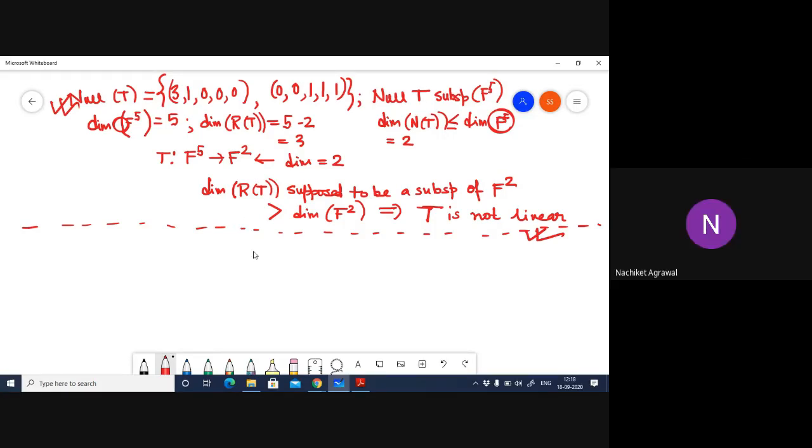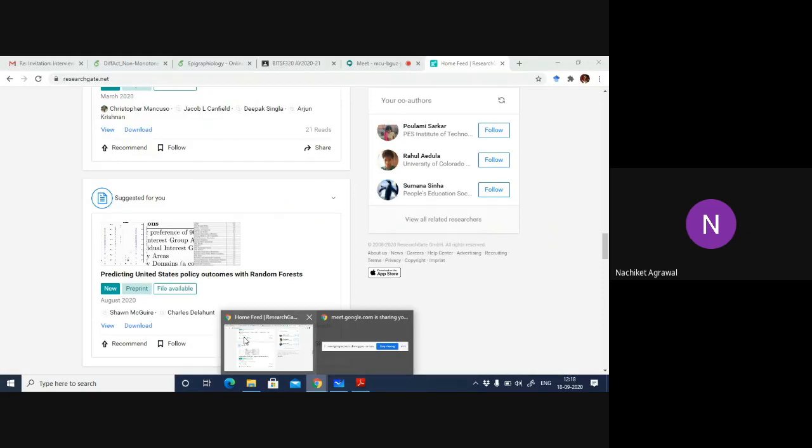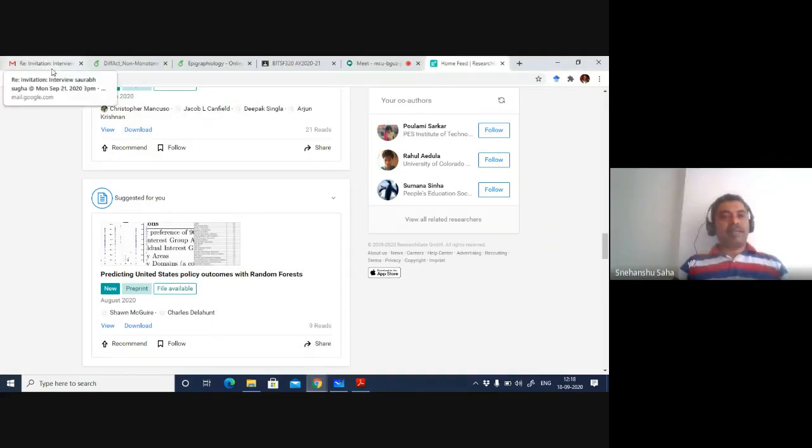Sir, I'm just saying, if any given function goes from a set A to a set B, then B must be the codomain, and the codomain must be a superspace of the range. You are talking about finite dimensional sets. Okay, all right. The wording of the problem was that you assume that holds. Assume that the identity holds, then these are your options. That was the way you should have read the problem.